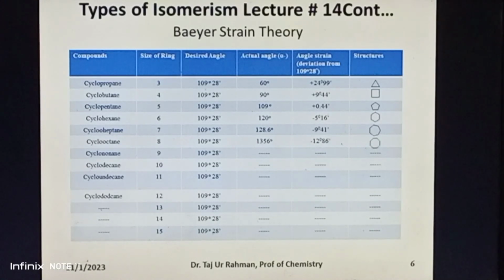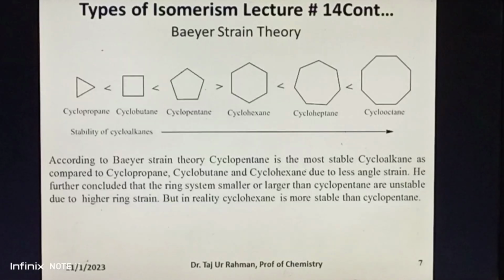The ring systems, smaller or larger than cyclopentane, are unstable due to higher strain, but in reality, cyclohexane is more stable than cyclopentane. Thus, the order of the stability of cycloalkanes is that